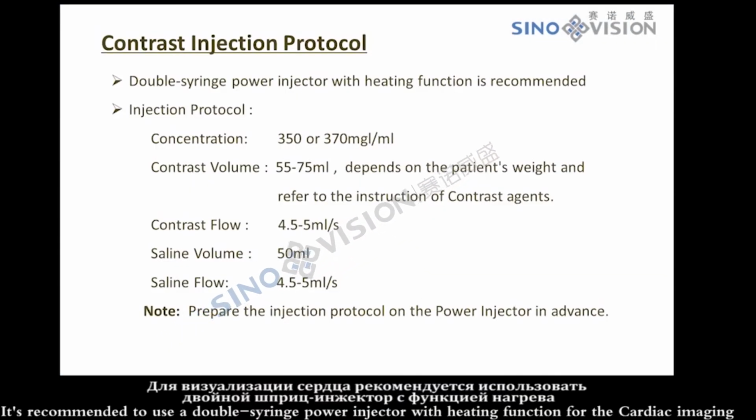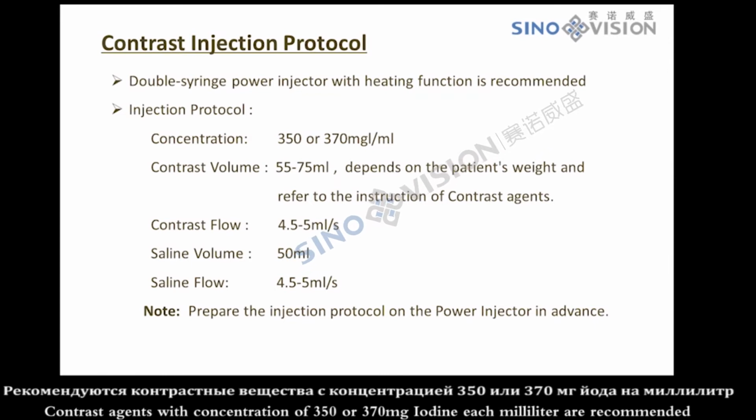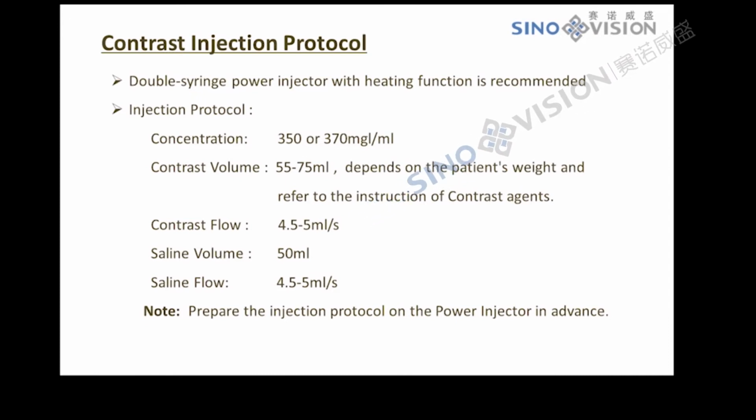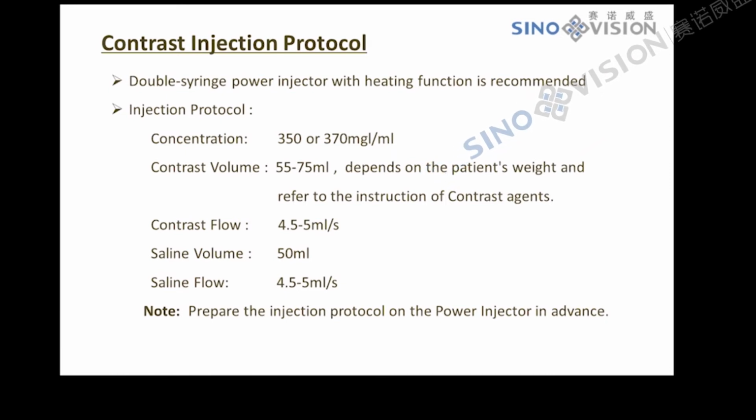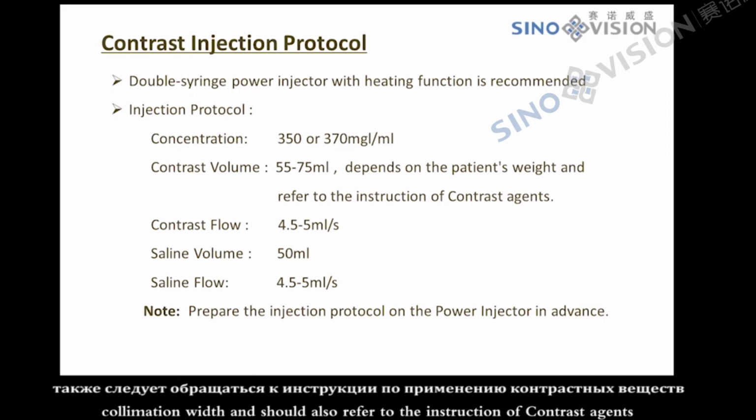It's recommended to use a double syringe power injector with heating function for the cardiac imaging. Contrast agents with concentration of 350 or 370 mg iodine each milliliter are recommended. The injection volume depends on the patient's weight, collimation width, and should also refer to the instruction of contrast